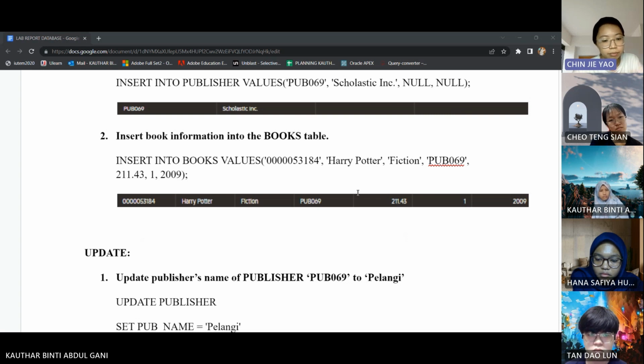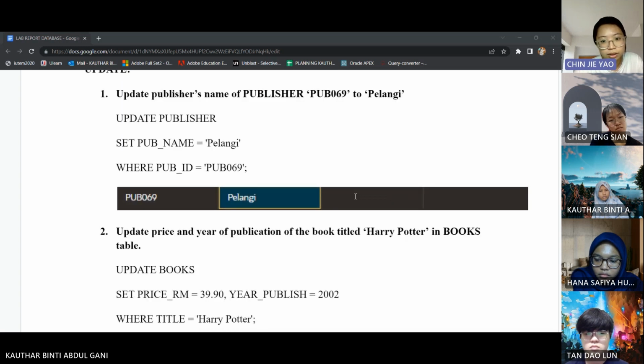For the update, we update the publisher name of publisher PUB 069 to Pelangi. So we update the publisher table and set the publisher name to Pelangi, where the publisher ID equals PUB 069. After we execute, the publisher name for PUB 069 will be updated to Pelangi.